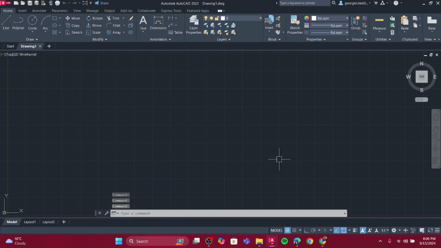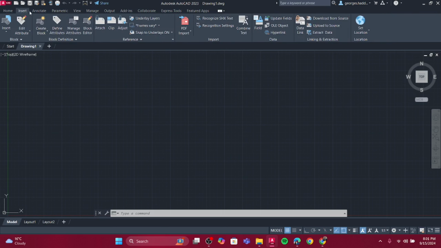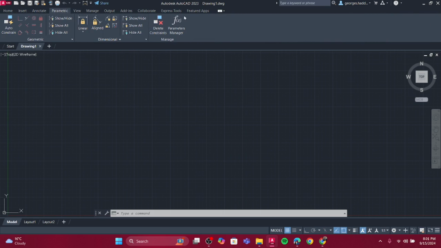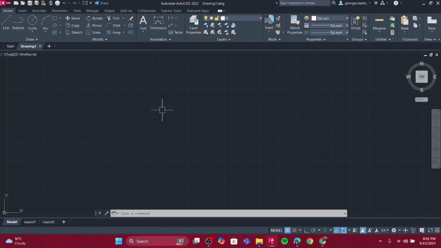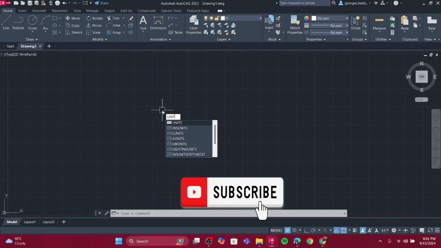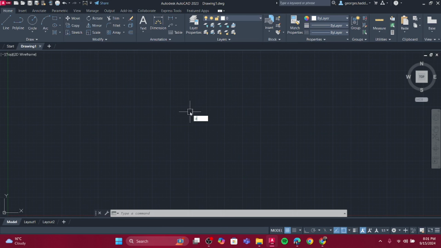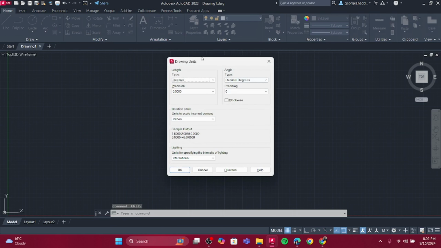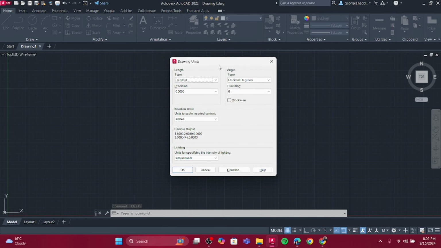Here we go. We got this tab. In this window now, we have this tab over here on top, which has different tools in it, which we are going to use. It has different windows such as insert, annotate, parametric, etc. First things first, we're going to start by changing the units. You can either do this by typing units on your keyboard, or just UN. So you can search it up, units, you press enter,